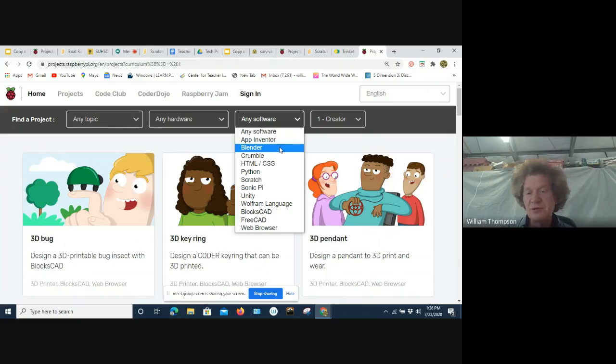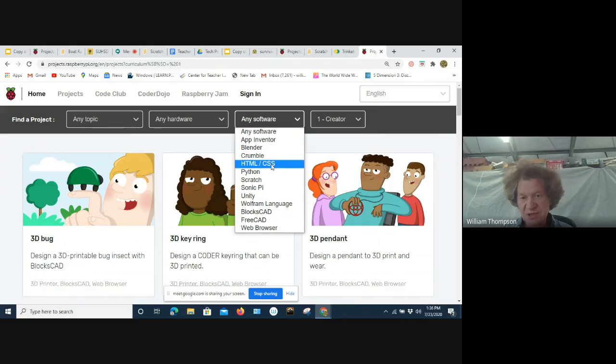I know Blender can do animations, and I don't have a whole lot of experience using Blender, but I know it's a free program. You can create things that you can print on a 3D printer, and it's somewhat more sophisticated in terms of the things you can do on it versus Tinkercad. So that's something to look at.